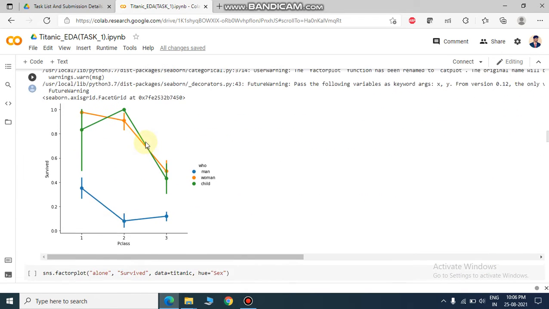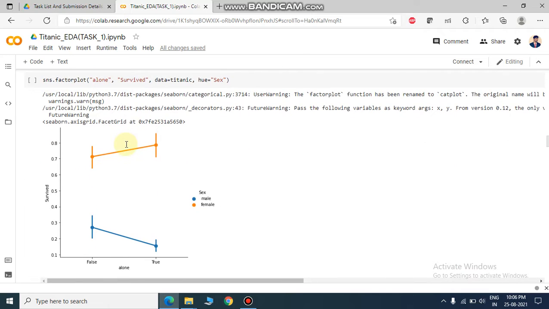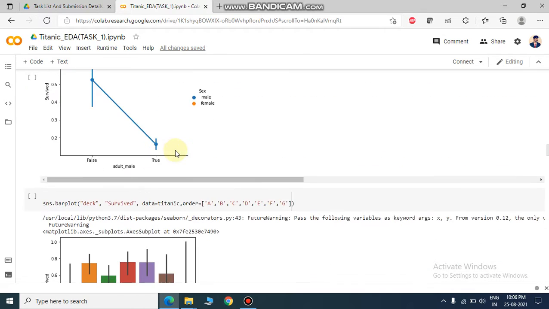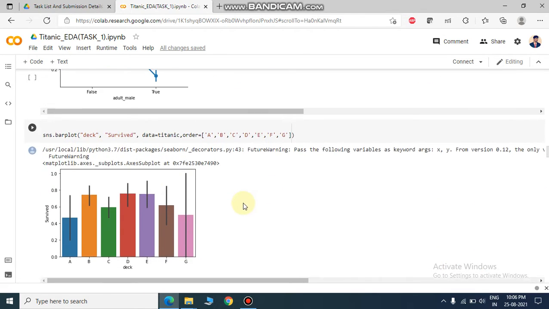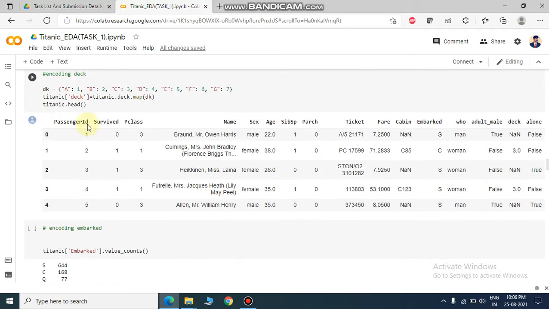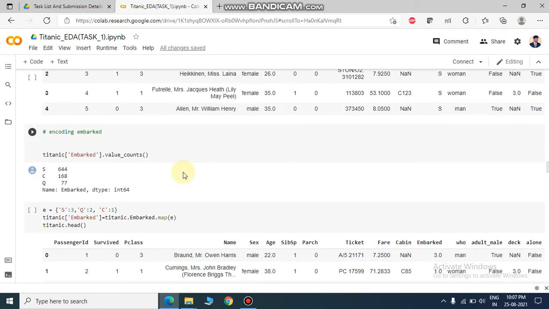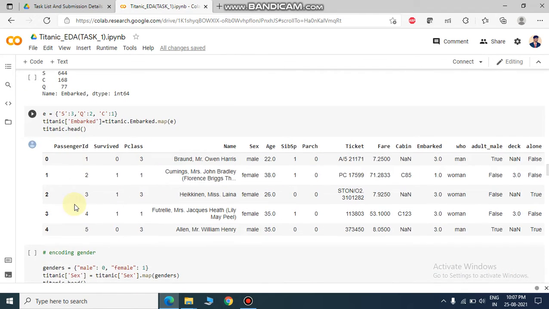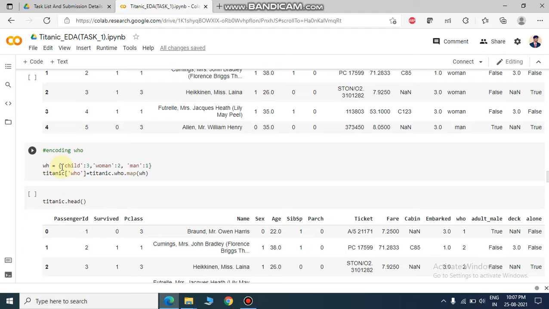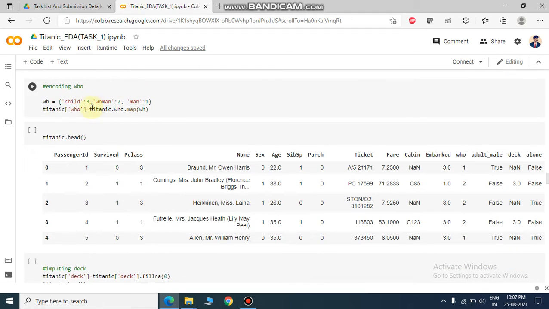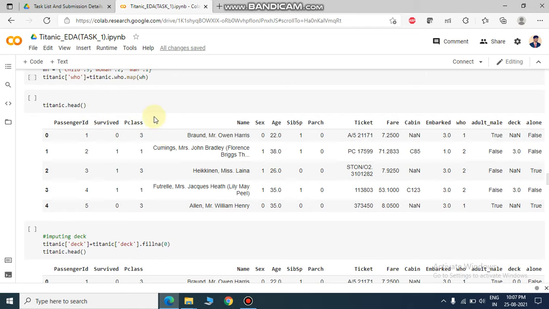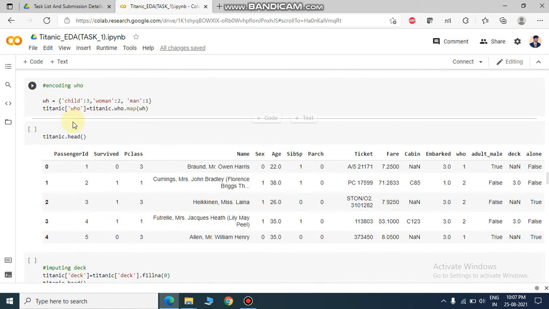Similarly going on, here we are also processing data according to various needs and in various formats. We have processed as child, woman and man, and we have mapped them according to this.